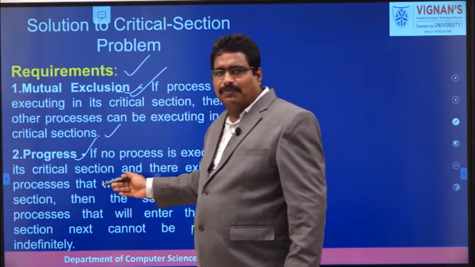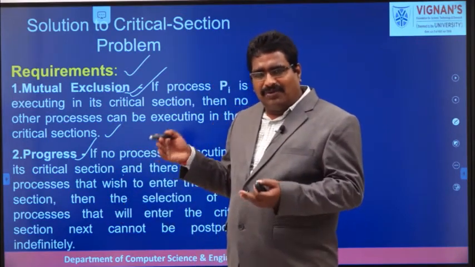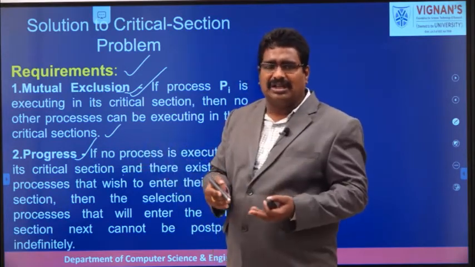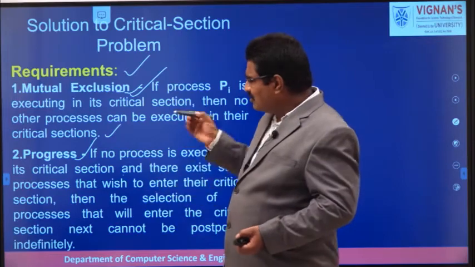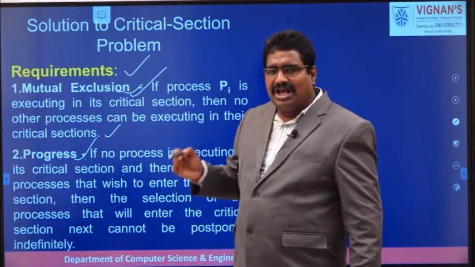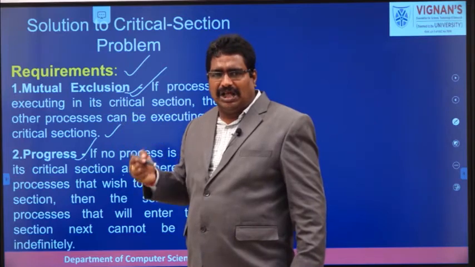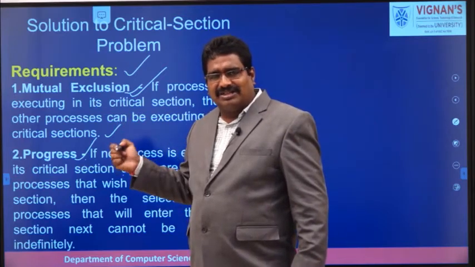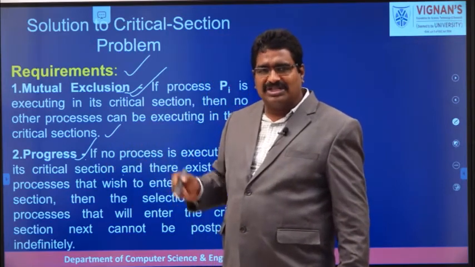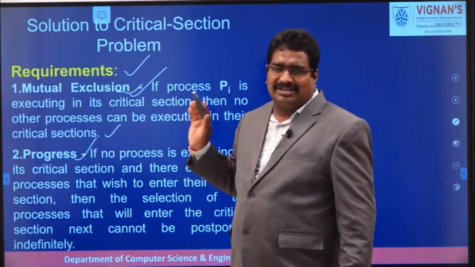And what is the requirement of progress? For example, if our algorithm does not satisfy progress, there may be no process in the critical section, and some processes wish to enter, but no one is allowed to enter. There is no use. To overcome that, any solution must satisfy progress. That is, if no process is in the critical section and some processes wish to enter, one of those processes must be allowed to enter its critical section. This decision cannot be postponed indefinitely. So if the algorithm satisfies progress, in some order all the processes complete their critical section execution.